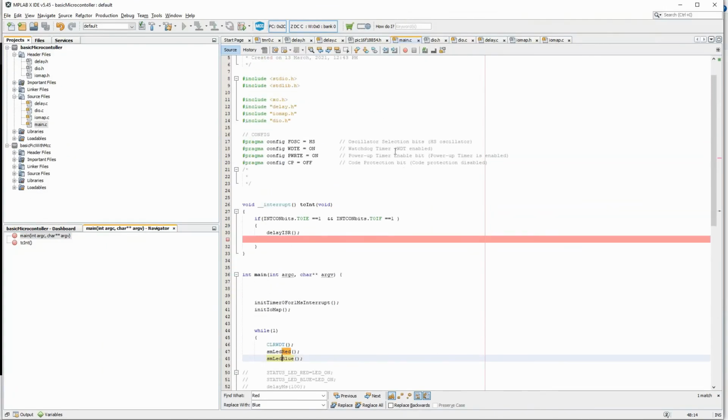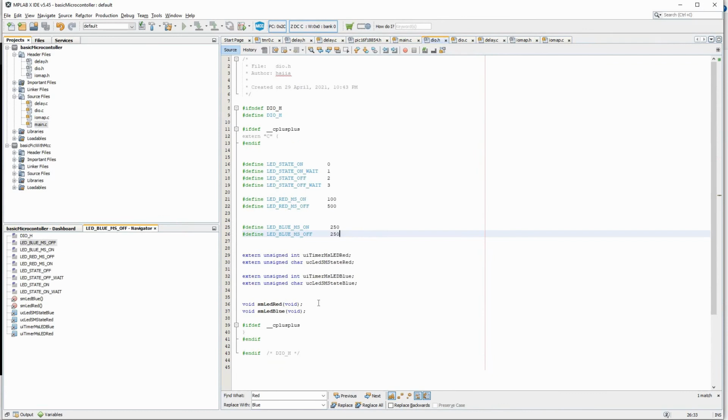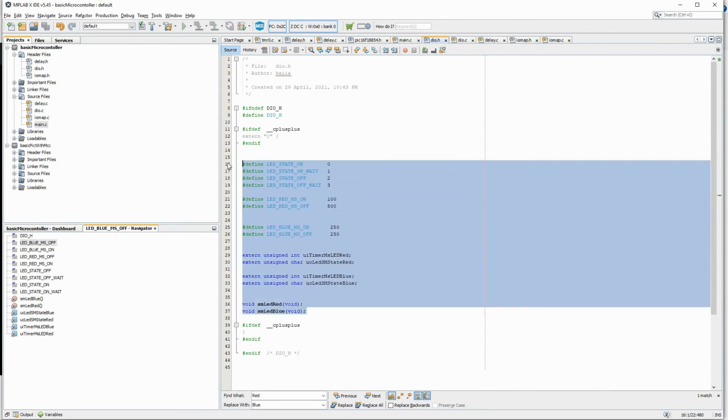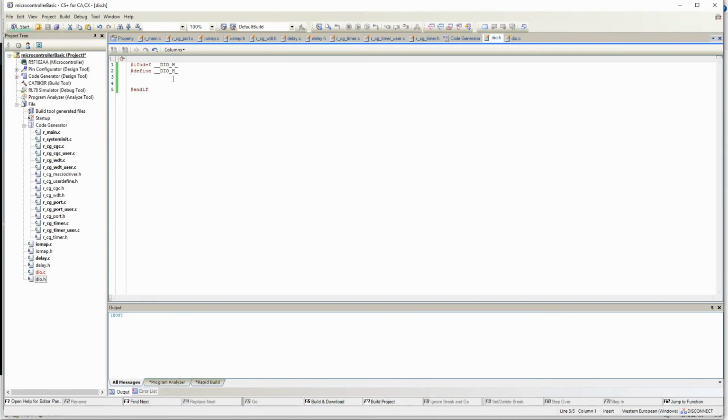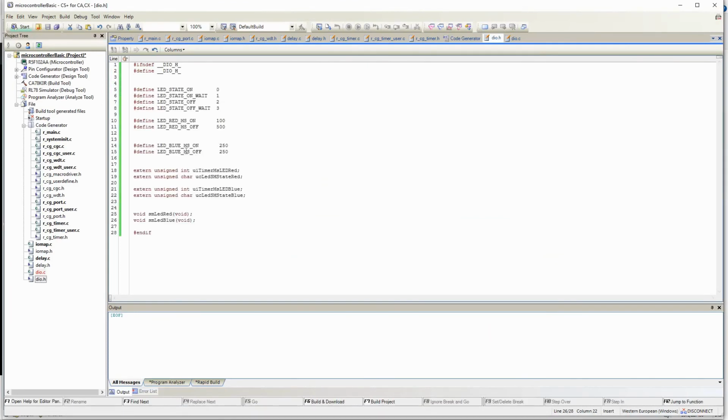Let me just copy this. As I told you, we are writing all the code in a generic way, so it can be copied from one platform to another platform. That is why all these generic names.